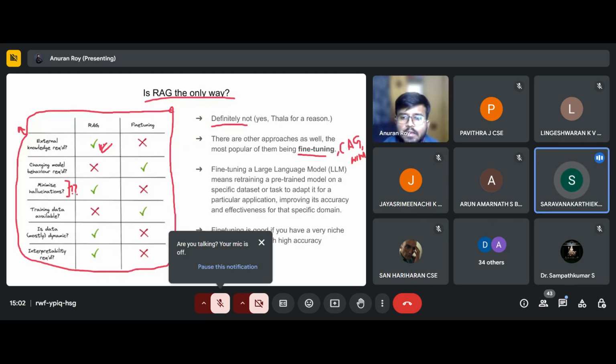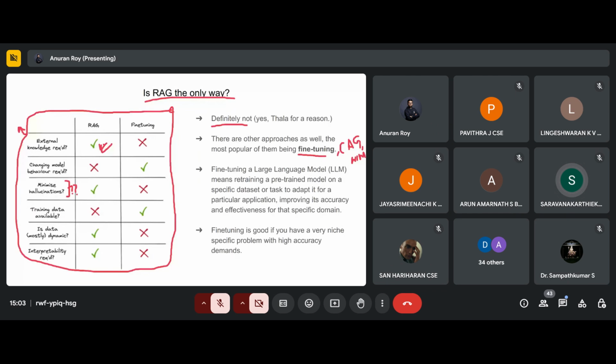Generating a quiz application based on the syllabus. If we want to make a quiz application based on the syllabus of the students, we can use RAG rather than fine tuning. Yeah, but what type of application? That's what I'm talking about.